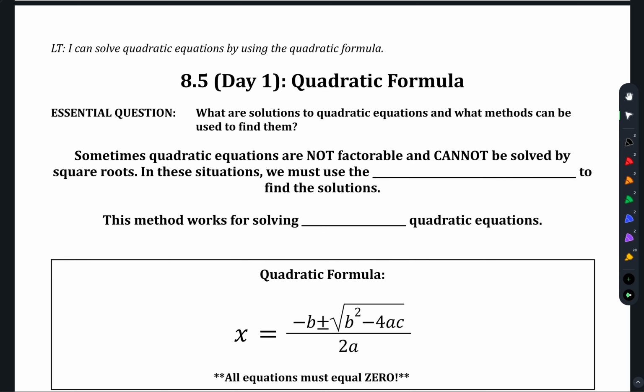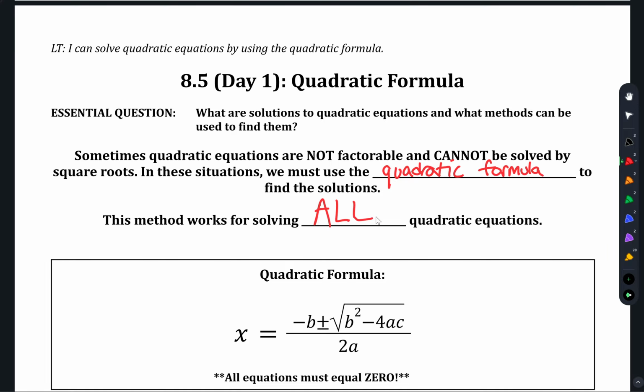We've done 2 methods so far for solving these quadratics. Sometimes quadratic equations are not factorable and cannot be solved by square roots. In these situations, we're going to use something called the quadratic formula. This method, the quadratic formula method, works for solving all quadratic equations, which is great because that means we can